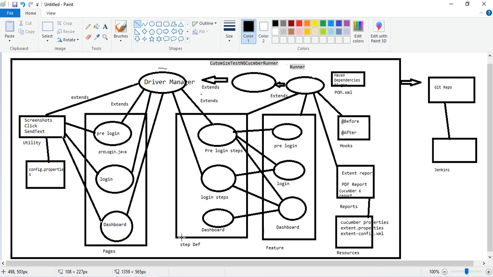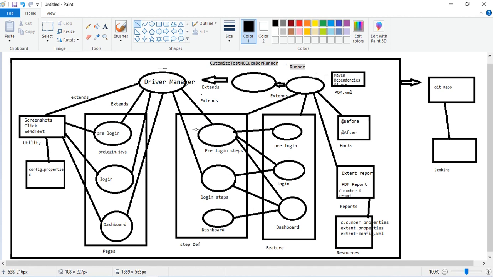Okay, then we have a step definition. Okay guys, so we have a step definition and a feature file. So whatever feature we are going to write for a pre-login, the step definitions for the implementation of those steps, I will consolidate in a separate file or a folder or in a Java file, based on the name.